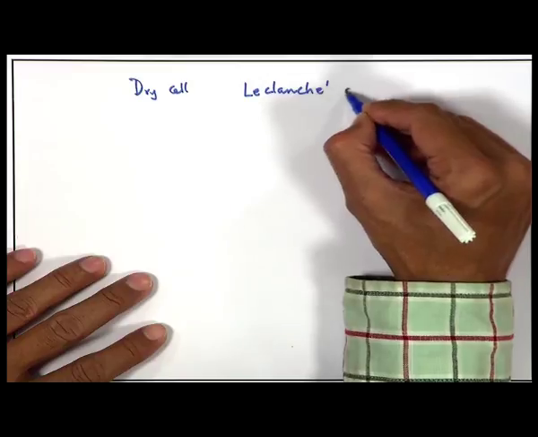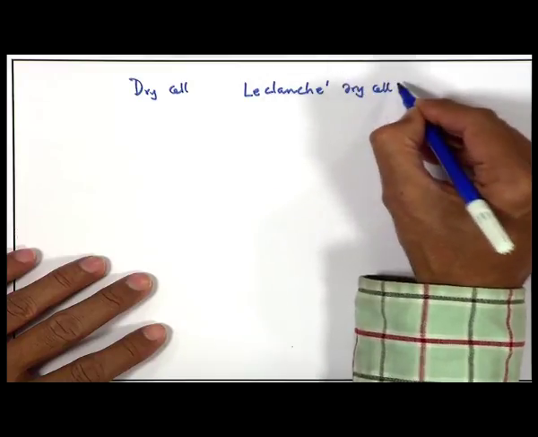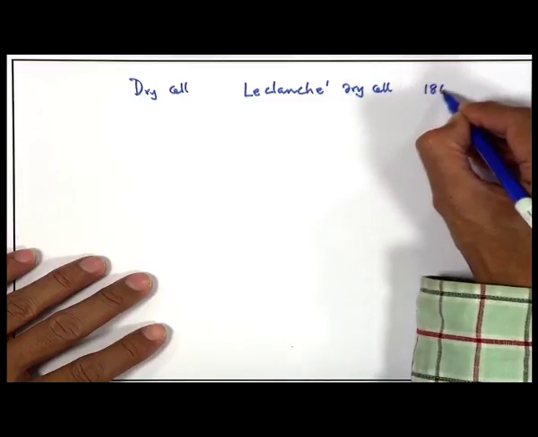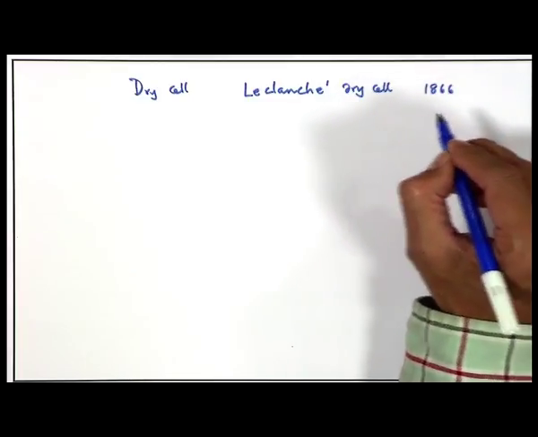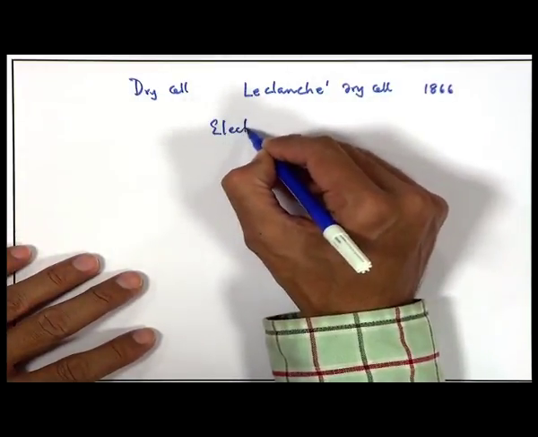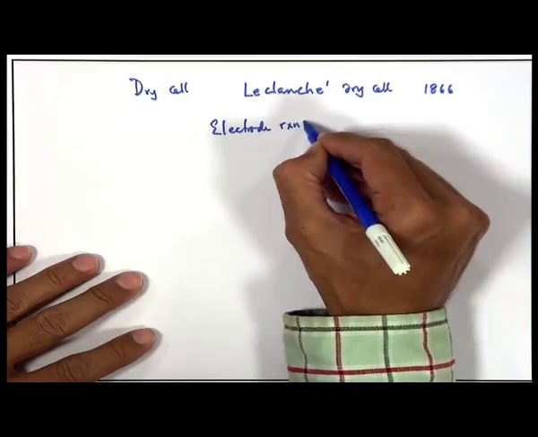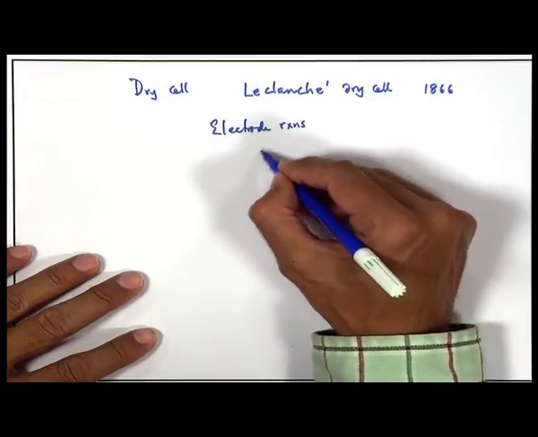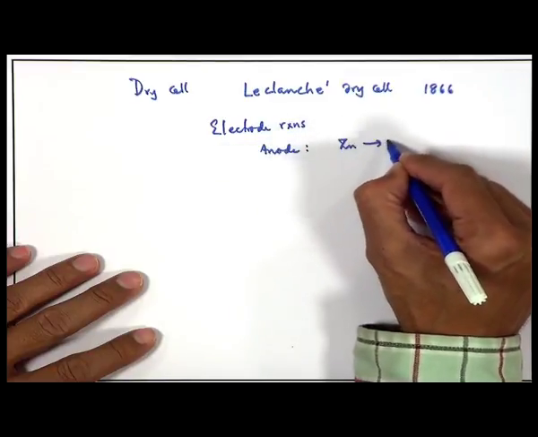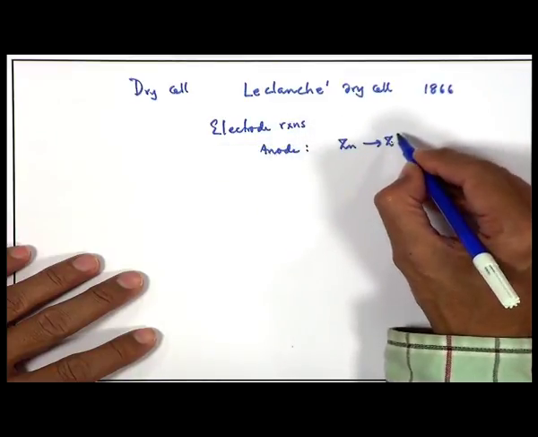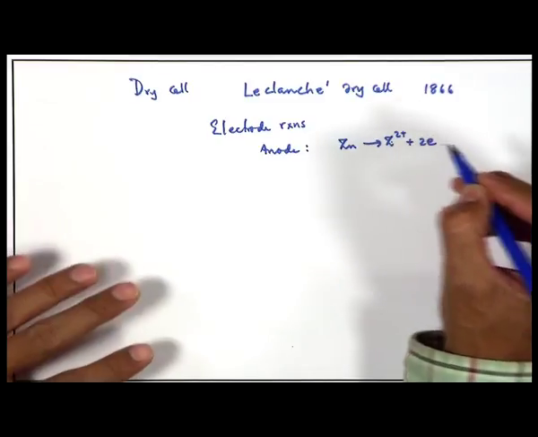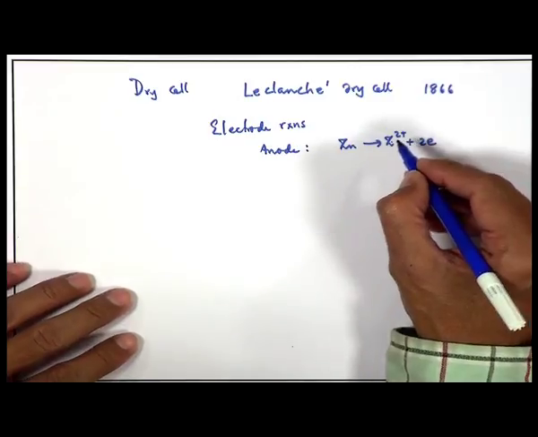Leclanche's dry cell was invented in 1866. The electrode reactions are like this. At the anode, you have Zn going to Zn2+ plus twice electron, and you have a carbon cathode